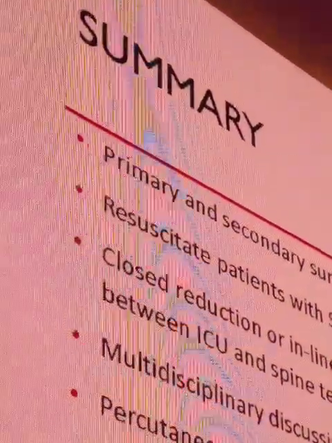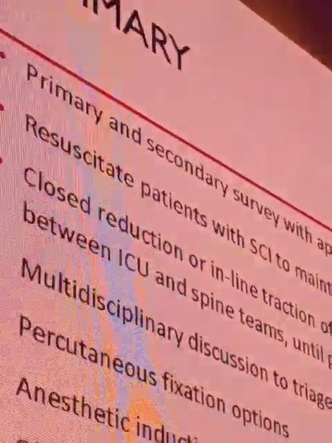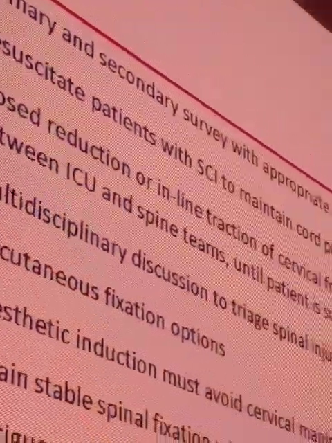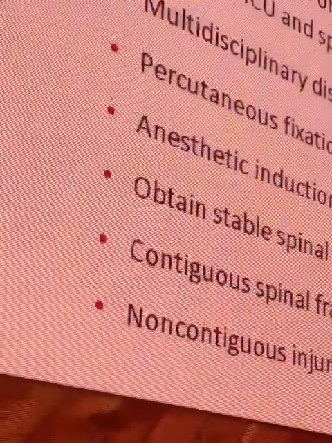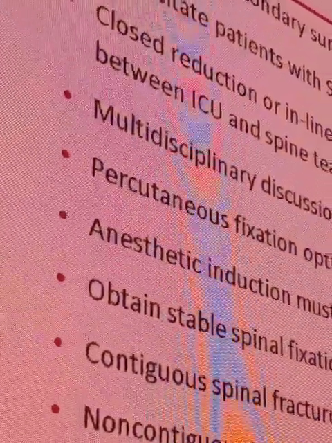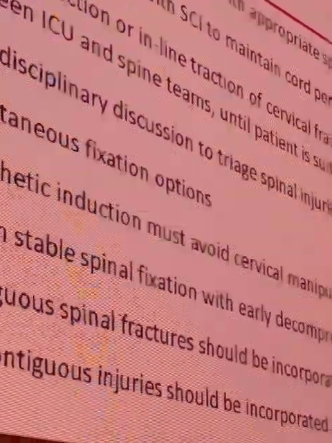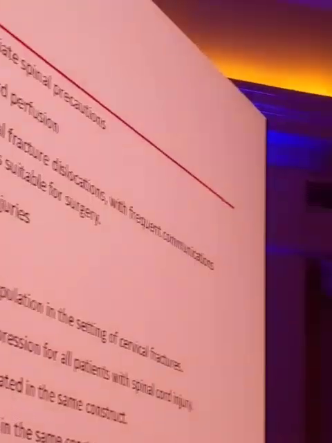In summary, primary and secondary surveys with appropriate spinal precautions are to be done. Resuscitate the patient with spinal cord injury and maintain cord perfusion with a satisfactory mean arterial pressure. Inline reduction has to be considered when the patient is unstable, until the patient is stabilized, and a multidisciplinary approach has to be propagated. Percutaneous fixation is considered safer and with a better outcome. And anesthesia has to be